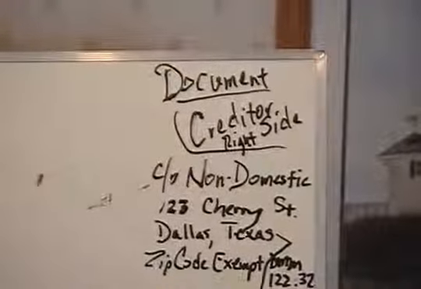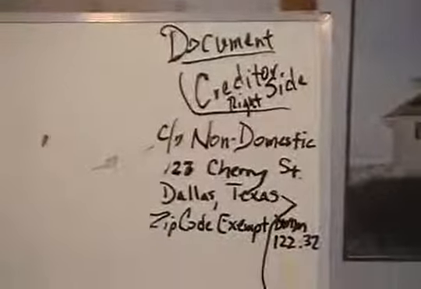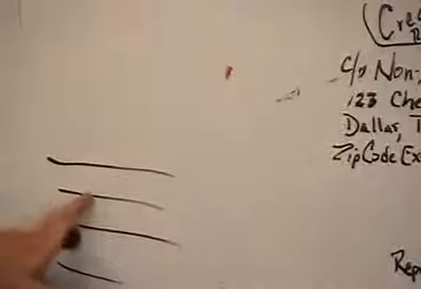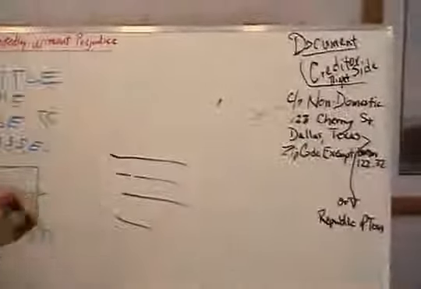I don't care if it's the president of the big federal corporation, United States of America. He's the debtor on this side. I don't care if it's the Secretary of the Treasury that claims to be on the creditor side. He's the debtor. Why? We are the creators of this whole creation. We're the living souls.